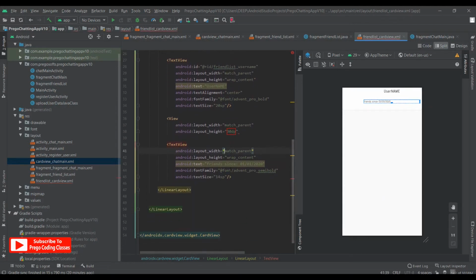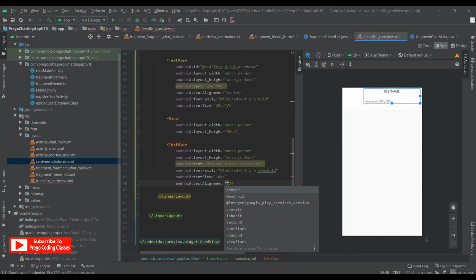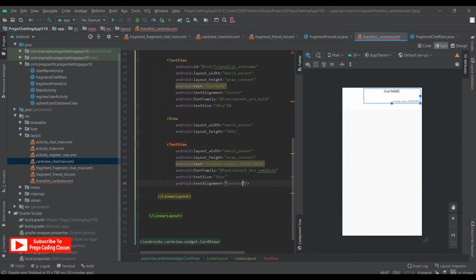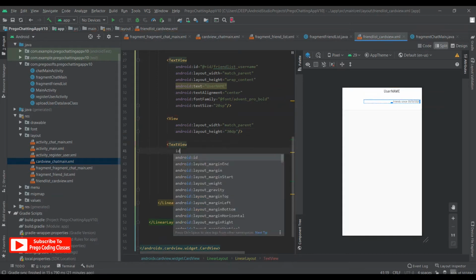Now let's bring this text to the end of the line. So alignment would be text end. So it shows on the right corner of this text view. Now that's it with the friend list. We don't need anything else except we need to close this and an ID over here.